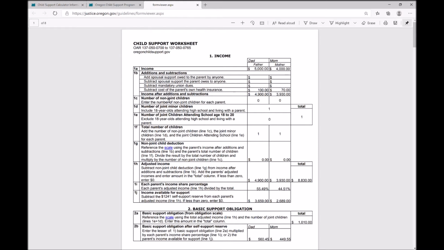Number of non-joint children is 0. And let's go through a few of the important things here. Number of joint children is 1. And then we go with the adjusted income, which is copied from above. And since we did not have any of this stuff here, it did not impact the adjusted income from what it was here. Now here's the important number, 8830, and this is what you'll see in that other video that I was talking about,